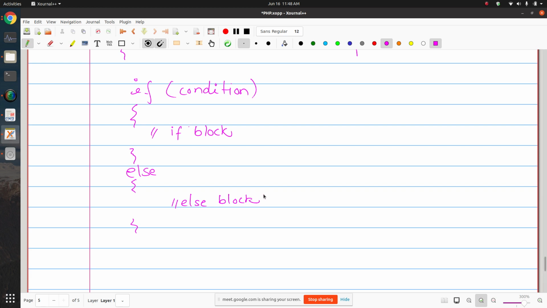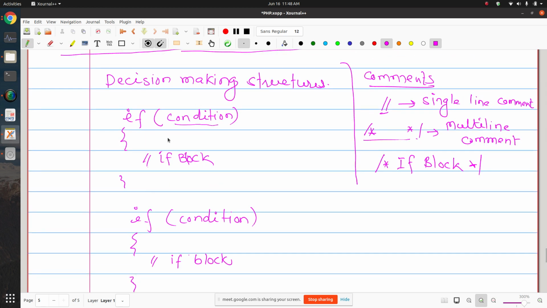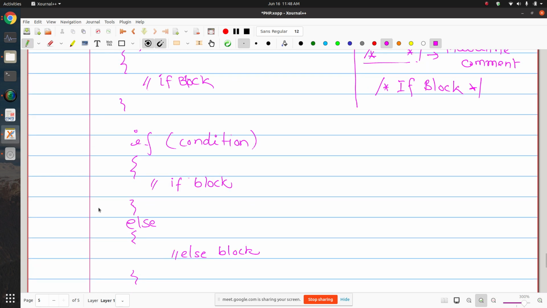So in the previous block you only have one option, that if this condition becomes true, you need to do this, otherwise don't do anything. But there may be some scenario where you want that if this condition is fulfilled, you do this, otherwise you need to do something else.